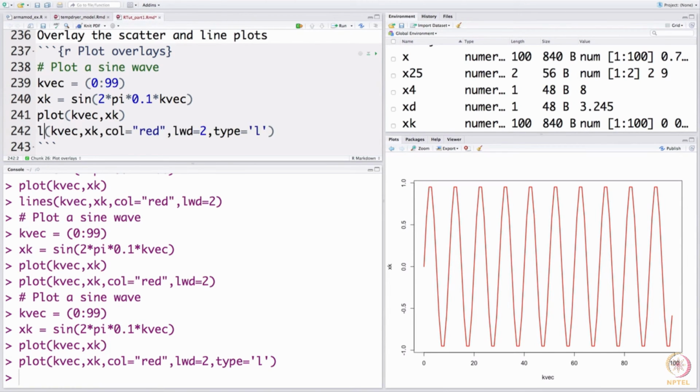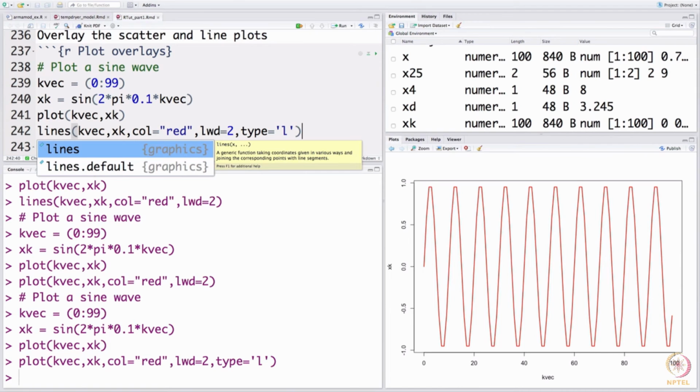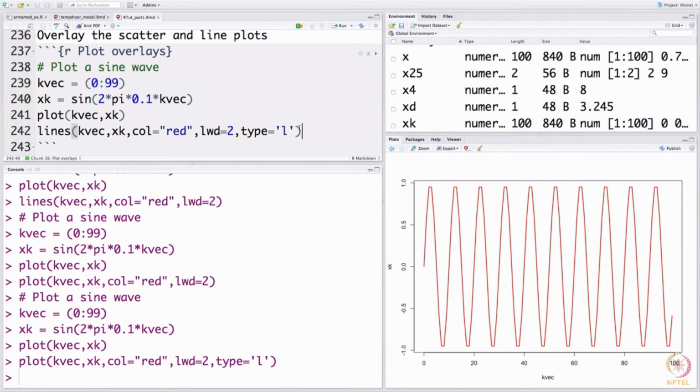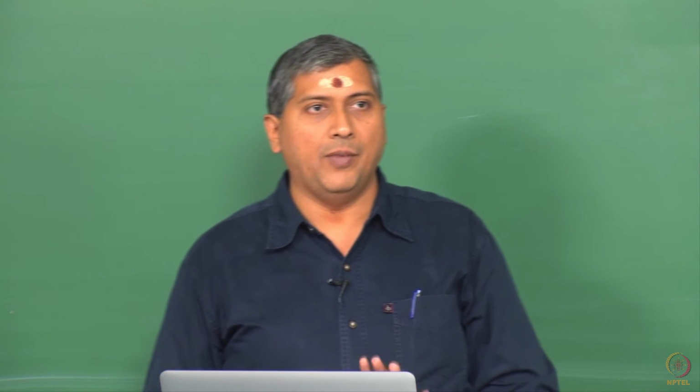So, therefore, you have to use the plot here, and then you use the lines, which by default draws the line plot, and lines expects that there is already a plot device open, a plot window that is open.